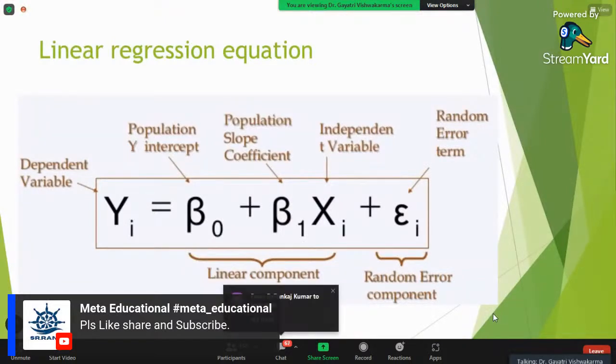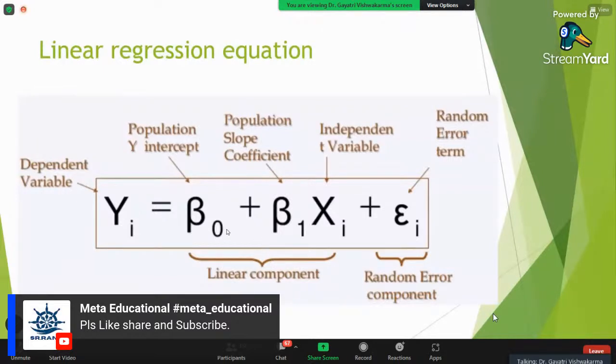As I explained, this is the equation of linear regression. Earlier, we used to write it as y is equal to mx plus c. This is written in mathematical form because almost all kinds of software give output in terms of beta. So betas are nothing but the regression coefficients.